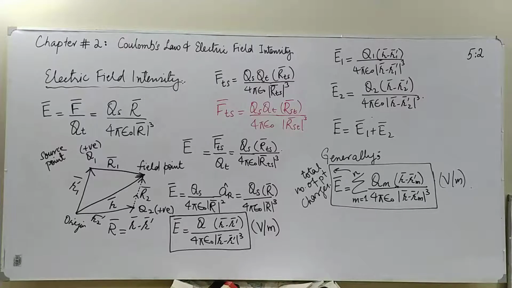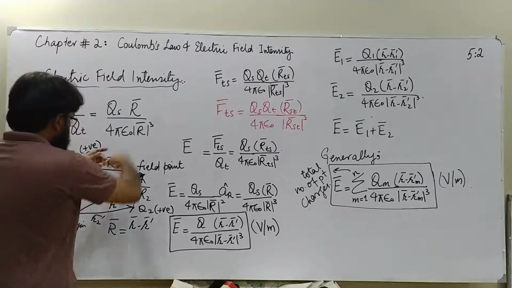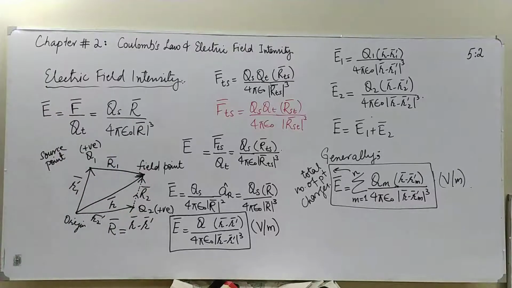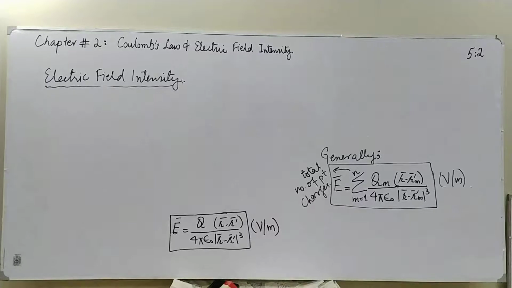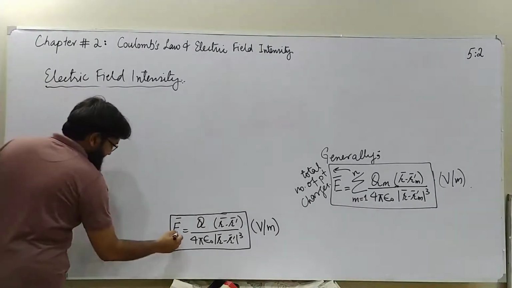So let's see what happens if we have a cluster of charges. Instead of n point charges with spaces quite large among each other, what if we have a cluster of charges so closely packed that we cannot find the distance between the point charges? So in that case, what would we do? Let's see that. Before moving on to the cluster of charges which are very closely spaced, I have got an example,